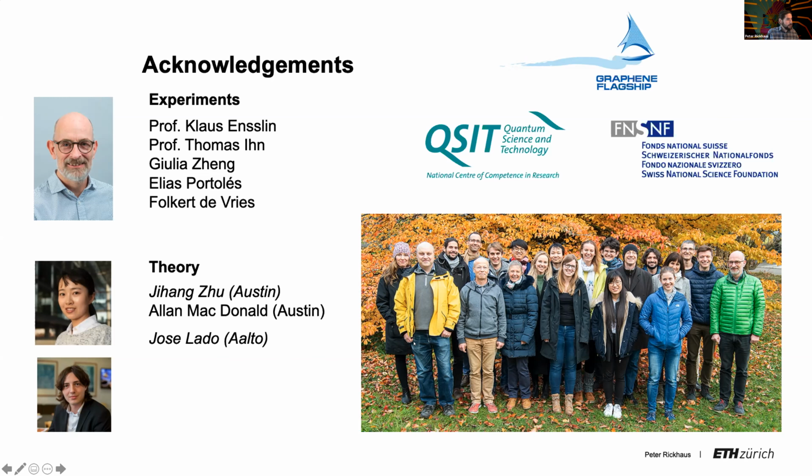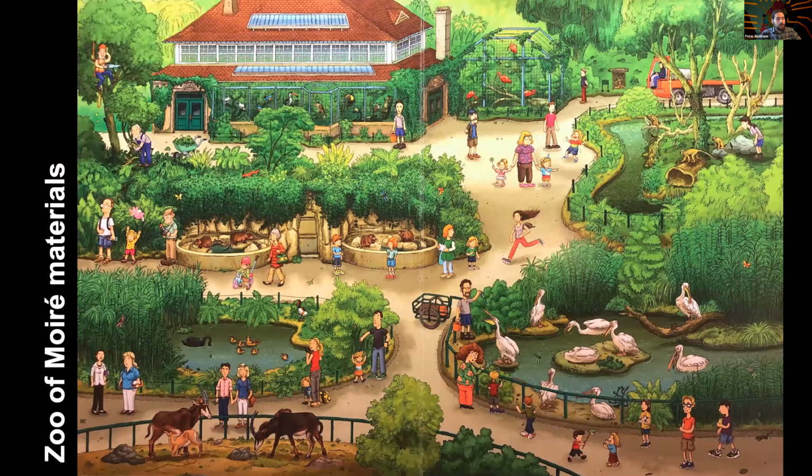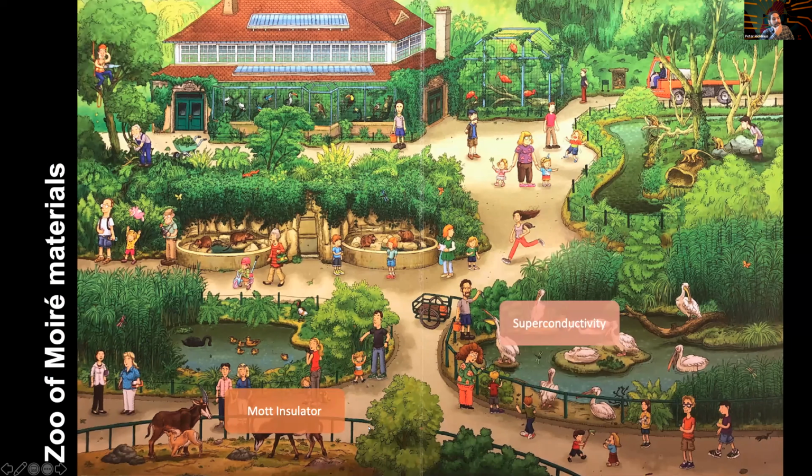So my first slide is about the zoo of moire materials. You see this wonderful zoo that has been filled up since 2018, and probably the first correlated state that was put into the zoo was the Mott insulating state. And then the big breakthrough of the field essentially came with the discovery of superconductivity in these materials. Shortly after, ferromagnetism has been reported, and then there was